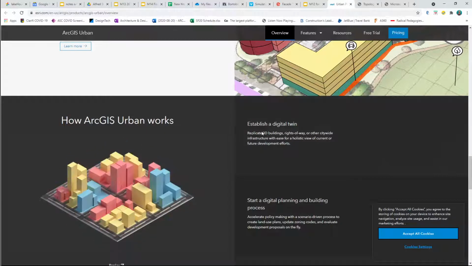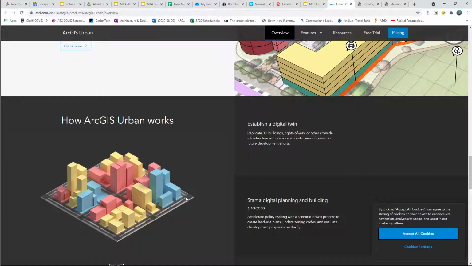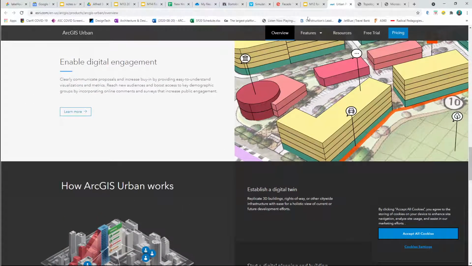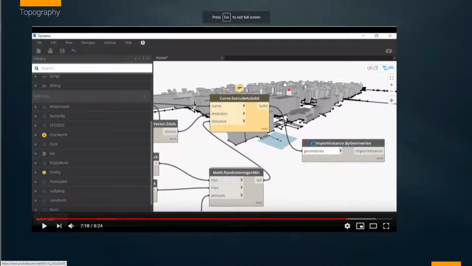And obviously, this idea, I've discussed it, of establishing a digital twin, of some kind of a digital asset that is an accurate representation of what exists in reality. So once again, just another resource that I wanted you to be aware of that kind of fits into our subject of topography. One of the things that I'm going to teach in the very end of this course